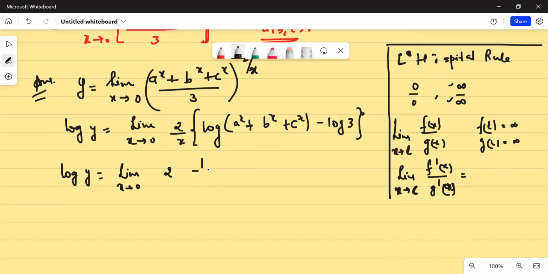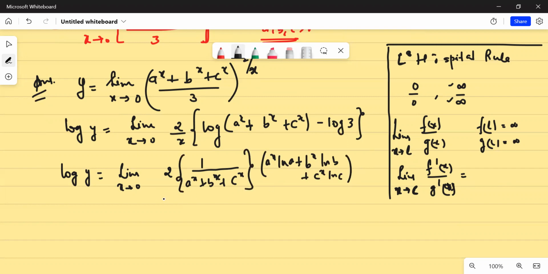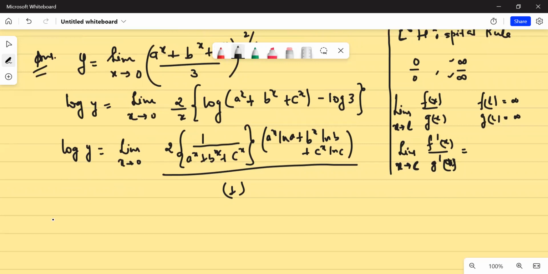If you differentiate this, you'll get 1 upon a^x + b^x + c^x, and then a^x ln a + b^x ln b + c^x ln c. The log 3 would become 0, so you don't have to worry about it, and the x will become 1, obviously. So overall, log of y is